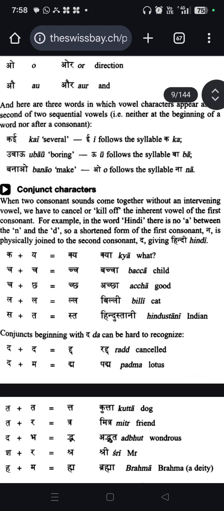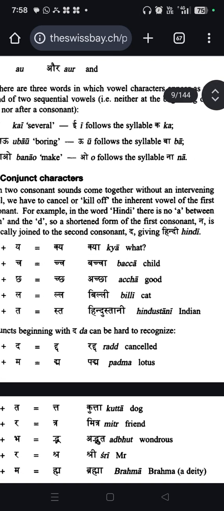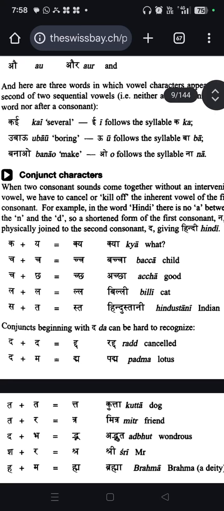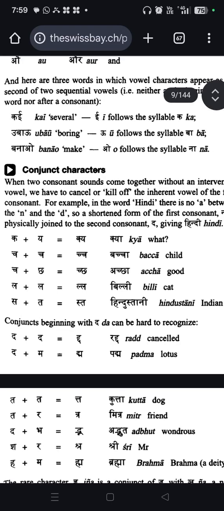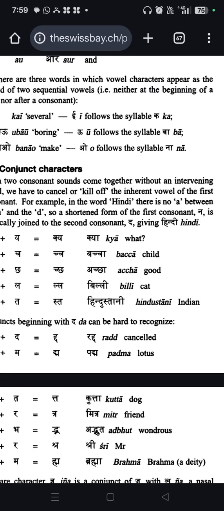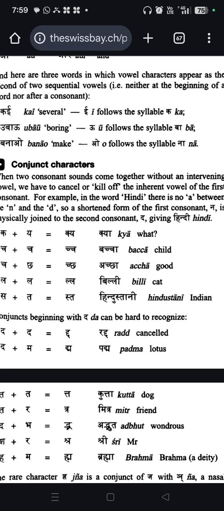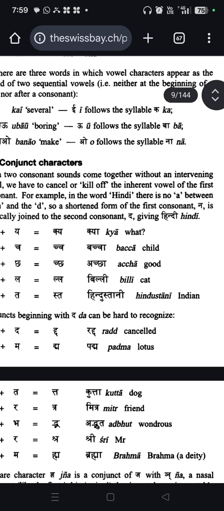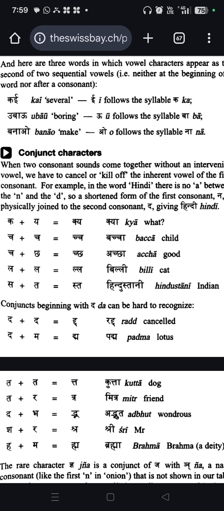So let's begin. When two consonant sounds come together without an intervening vowel, we have to cancel or kill off the inherent vowel of the first consonant. For example, in the word Hindi, there is no vowel between the n and the d sound, so a shortened form of the consonant n is physically joined to the second consonant, which is the